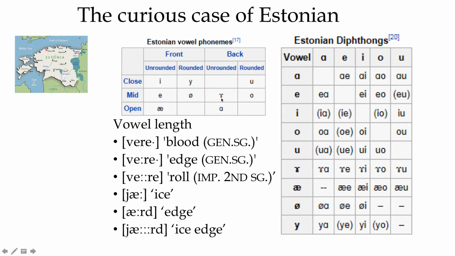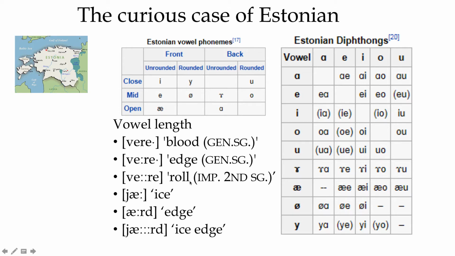Like this, we saw that vowels also in Mandarin, and A. In addition to that, they have vowel length. So vere, this little 1 dot at the end means it's a super short vowel. Vere means of blood. Vere, with a longer e, this kind of length, the 2 dots means it's drawn out, would mean of the edge. Vere, where it's really long, would be